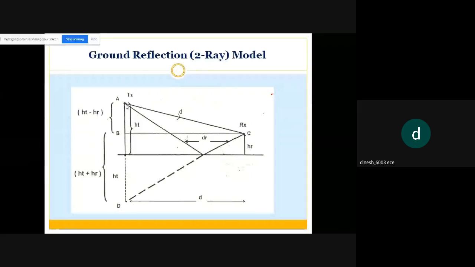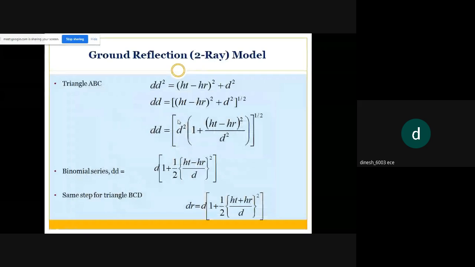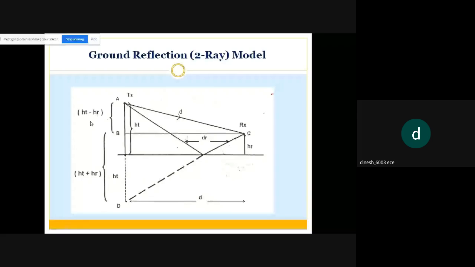Using the hypotenuse theorem, d_d squared, which is this one, we can find as (HT minus HR) the whole squared plus D squared. Okay. So d_d is the square root of (HT minus HR) the whole squared plus